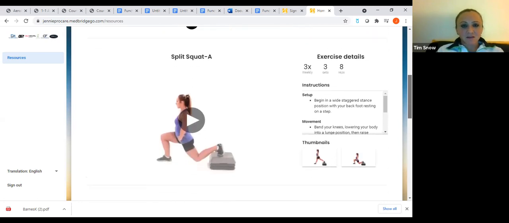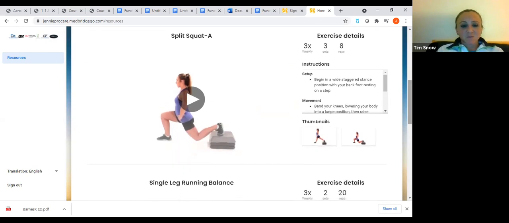Next, I pulled up here, this is a split squat. This is an example of something I might give somebody if we saw a lot of issues with their single leg stance or their squat where their knee was diving in. It's also something I give people a lot of times if they have some tightness on the front of the hip, because by bringing the hip back here, it brings the hip into a little bit more extension.